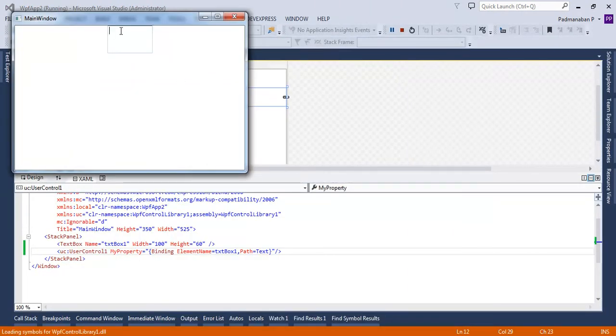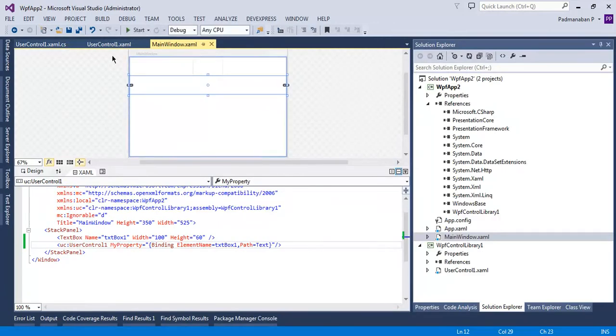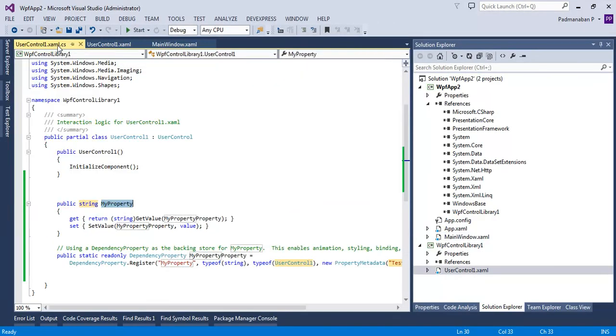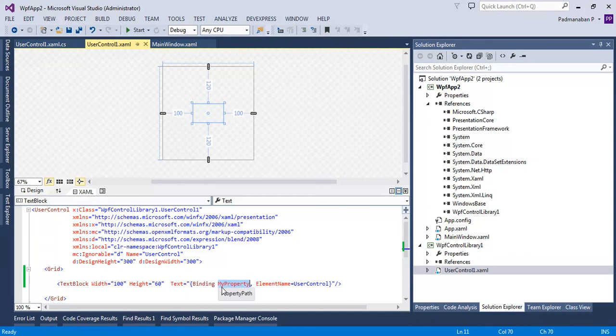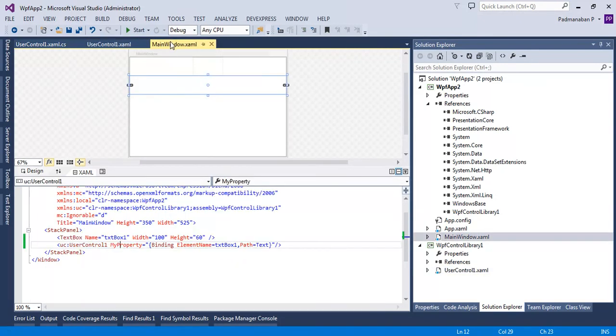We'll run and see how it works. As you can see, when I enter some value, it keeps getting reflected in the text block. So what did we do? I'll just summarize. In the user control, I have created a dependency property and I have bound it to a text block, the same user control's text block. So whenever this dependency property is updated, it will update the text property of this text block. Whenever we are updating this dependency property, we are updating it in the main window. We are just hooking